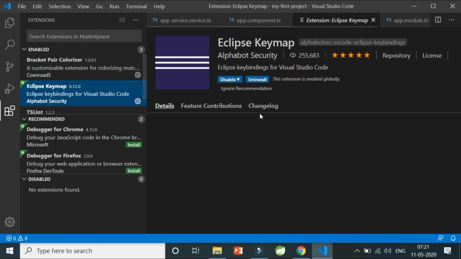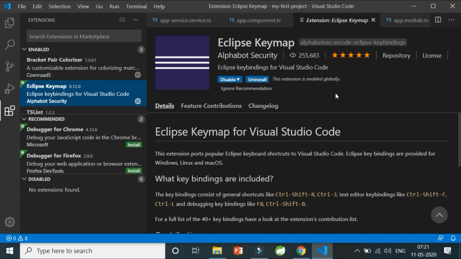The very first extension we have covered already is Eclipse Schema. This is a particular extension I have always used while coding with you, right? This extension is for developers like me who have coded the backend in Eclipse IDE and want to reuse those shortcuts while working with front end development in Visual Studio Code.